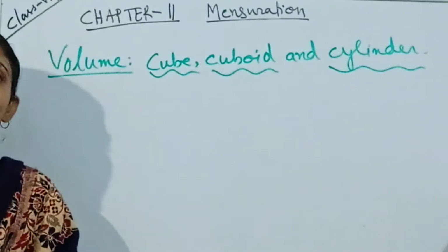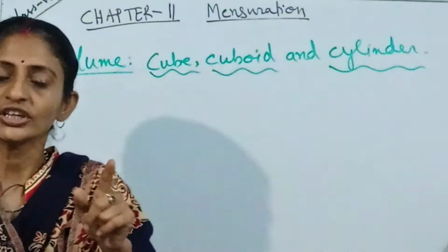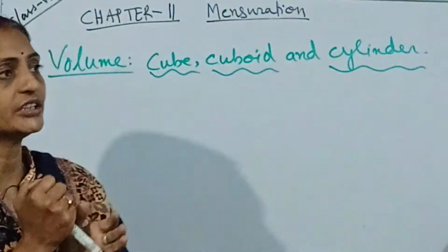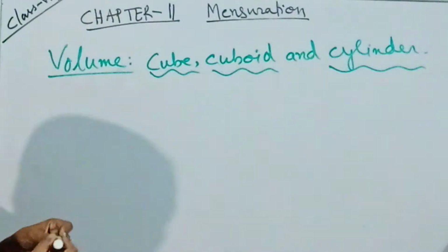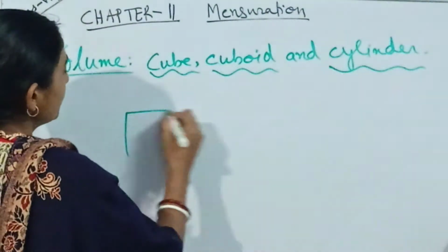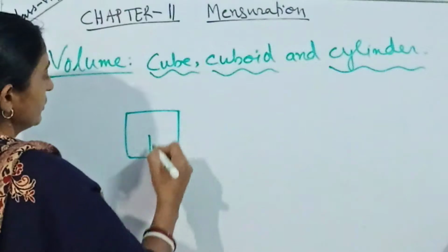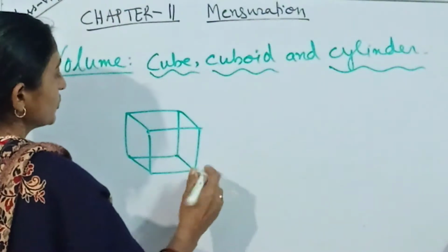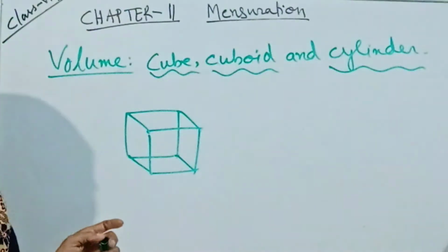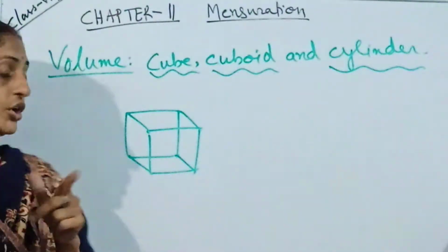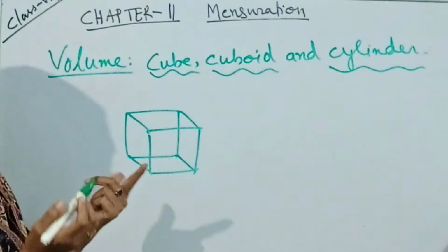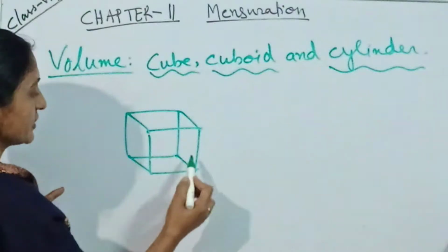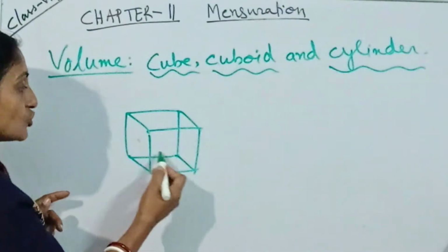So when we are talking about volume, what does it mean? You will think about the enclosed space of these 3D shapes. If we are talking about a cube, cube means all its faces are squares. That enclosed space of the 3D shape is its volume. So what is required for it? Earlier, when we discussed the lateral surface area or the total surface area, we looked only at the faces. But now we need the enclosed part.